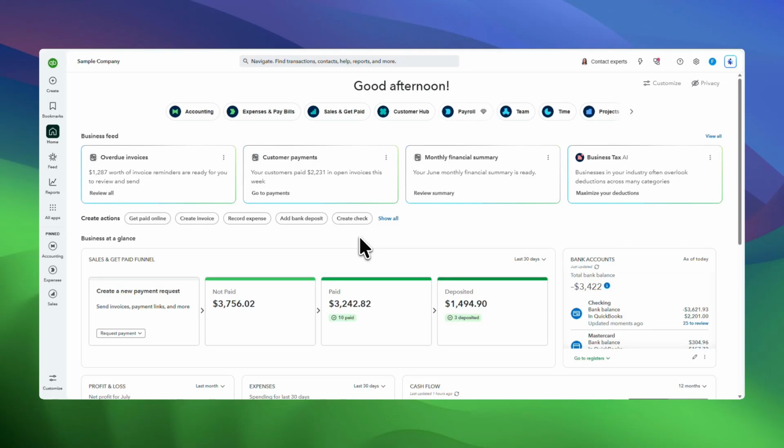In today's video, I'm going to teach you how to set up customer statements in QuickBooks Online. We'll go through the full process of turning on and customizing your statement settings first, and then I'll show you how to create statements for a single customer or for multiple customers at the same time. This is useful if you want to send customers a clear summary of what they owe, or simply keep your